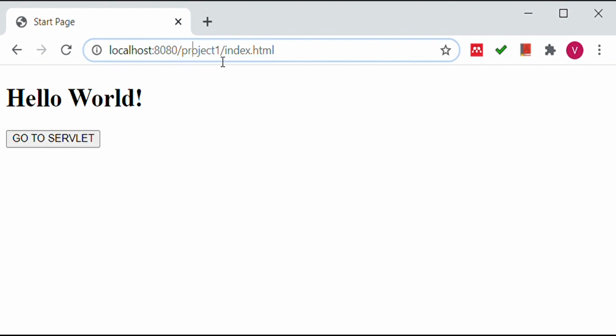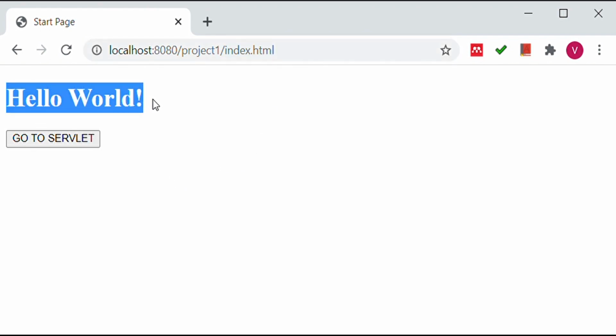And project 1 is the web application context, and index.html is the file, the web page that we are viewing right now. Then this is the header 1 text, hello world, and then we have this submit button, the value for which we had defined to be go to servlet, so it is displayed on the button.